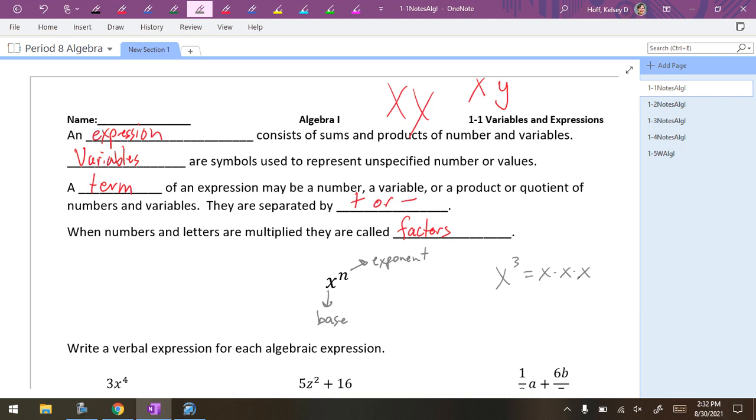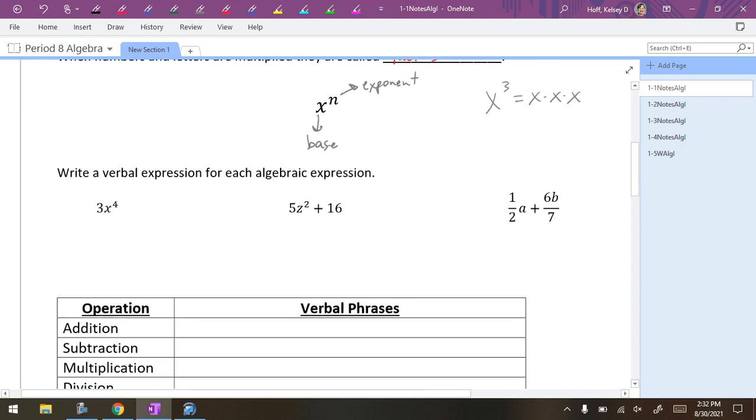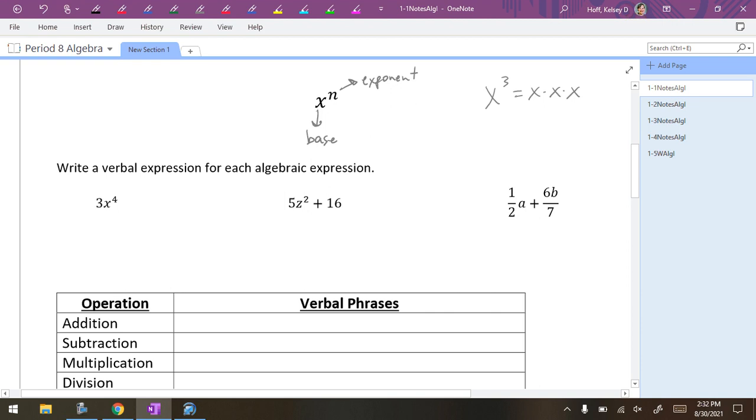All right, so a lot of terminology up there. A math expression is anything that does not have an equal sign, though. Expressions do not have an equal sign. Variables are your letters, and terms are each separate chunks separated by plus or minus signs. Okay? So the main frame of today is translating both directions. Sometimes they may give us an expression here, and they want us to translate it into a verbal sentence.